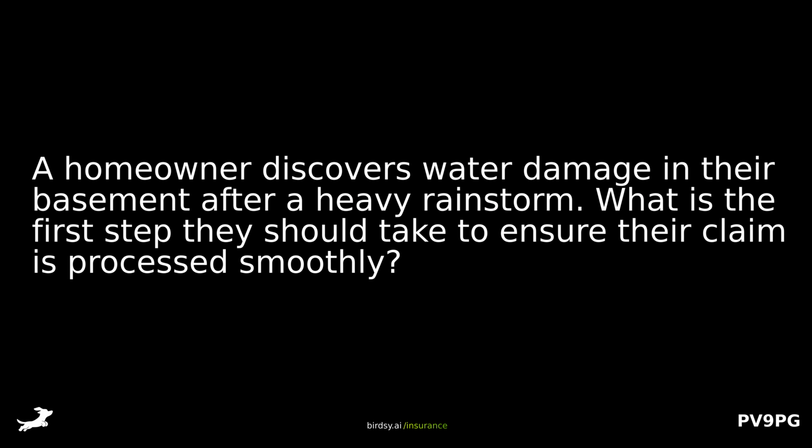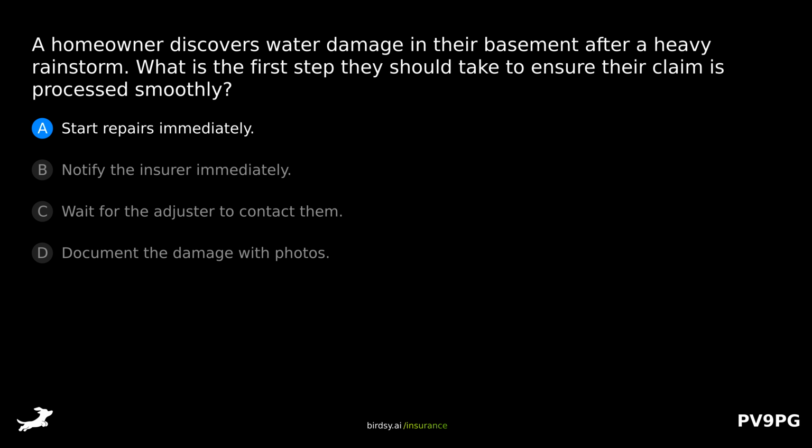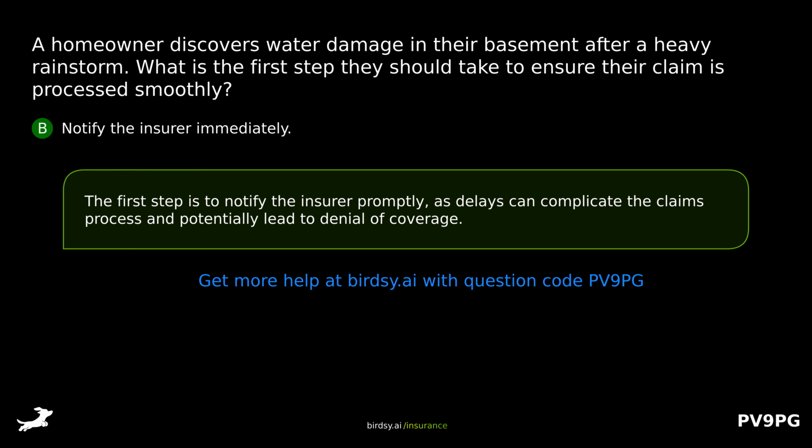A homeowner discovers water damage in their basement after a heavy rainstorm. What is the first step they should take to ensure their claim is processed smoothly? Is it A, start repairs immediately? B, notify the insurer immediately? C, wait for the adjuster to contact them? Or D, document the damage with photos? The answer is B, notify the insurer immediately. The first step is to notify the insurer promptly, as delays can complicate the claims process and potentially lead to